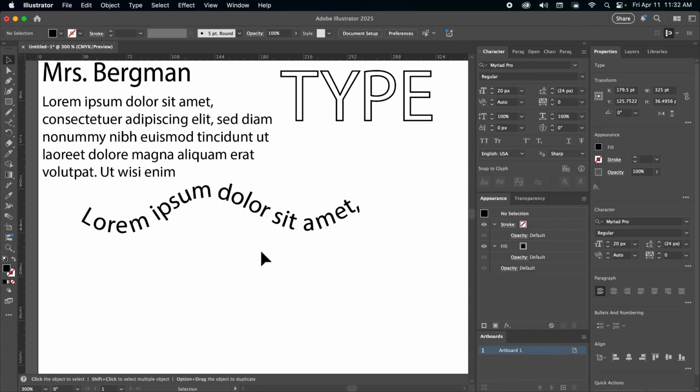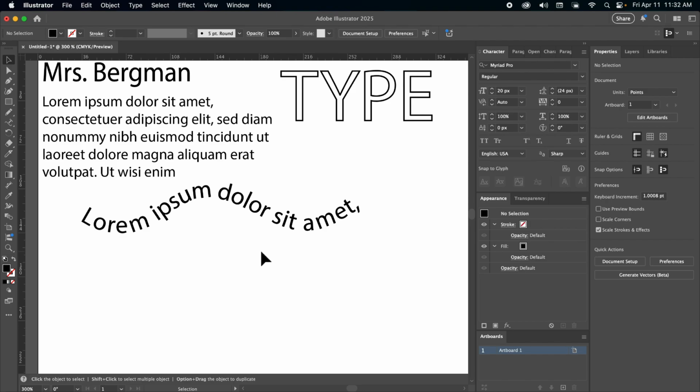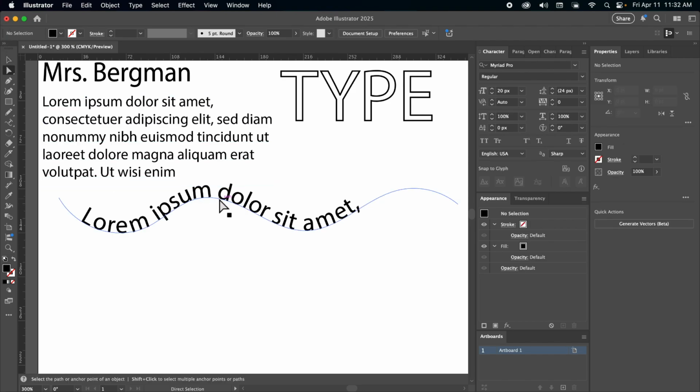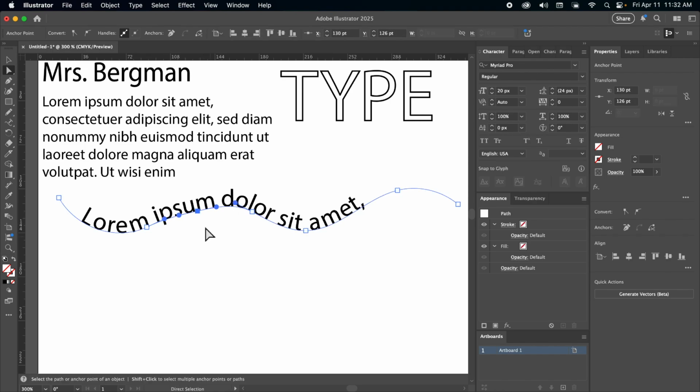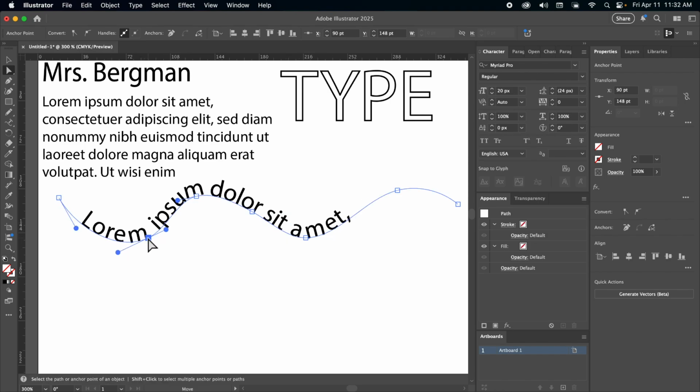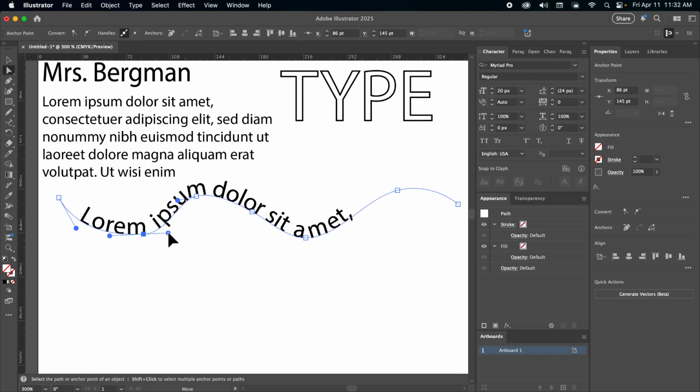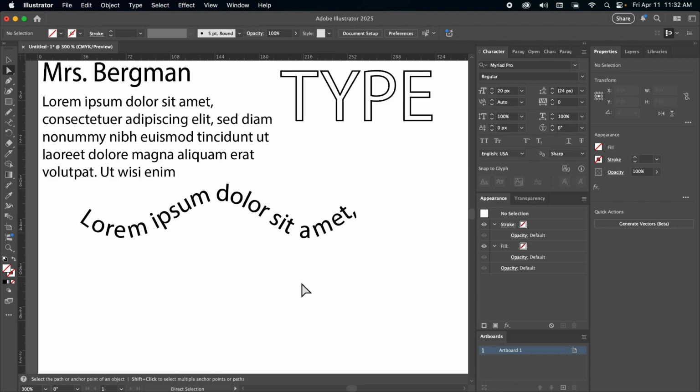If you don't like the way that the path turned out, you can go to your direct selection tool and edit the path just like you would any other line. It will move your text with it. So I can drag these anchor points around, move them up and down, and adjust that path.